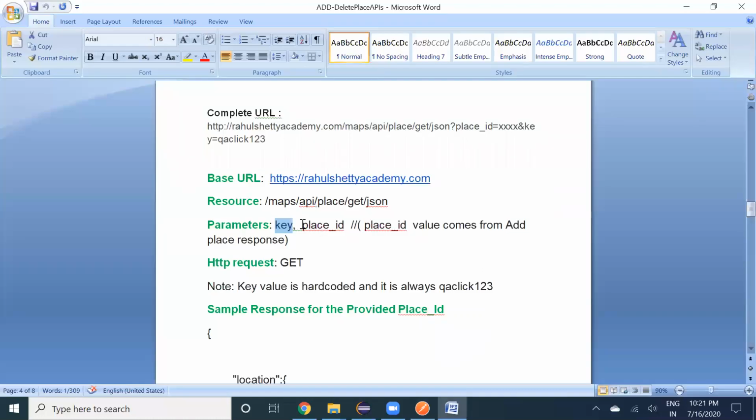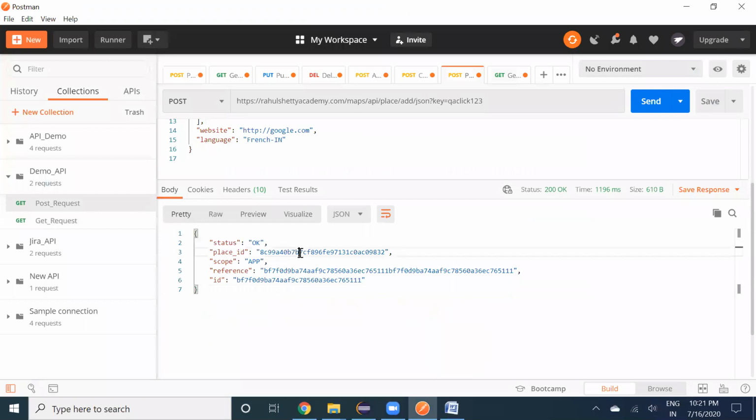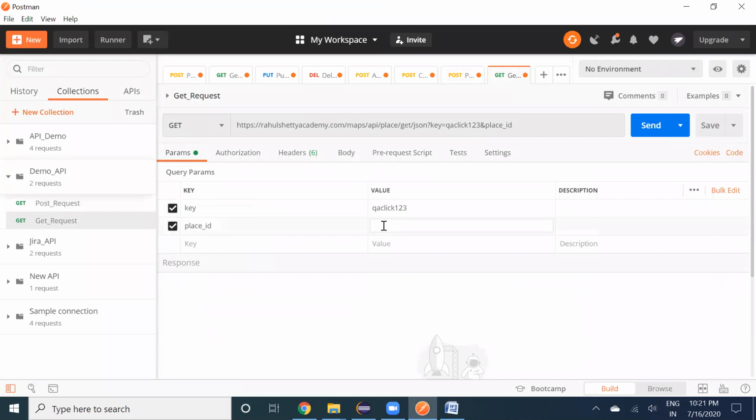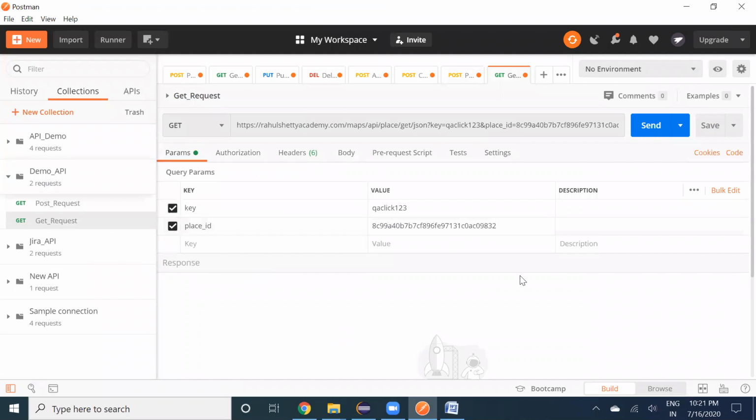Now you got a place ID in your post. That place ID, you copy and paste here. Okay, you did it. Now you click send.